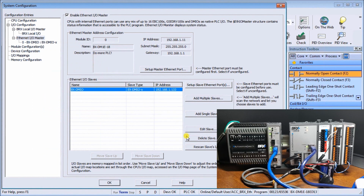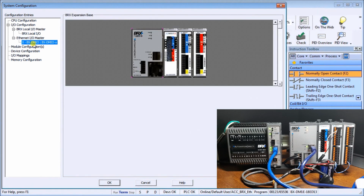So then we can have a rescan of I/O if we want, and it will update the configuration. But we've already done that basically when we added it to the unit. So here, underneath our Ethernet I/O master, you'll now see our slave unit. And like I said, it's already gone out there, it's already checked everything, and now we know the cards that